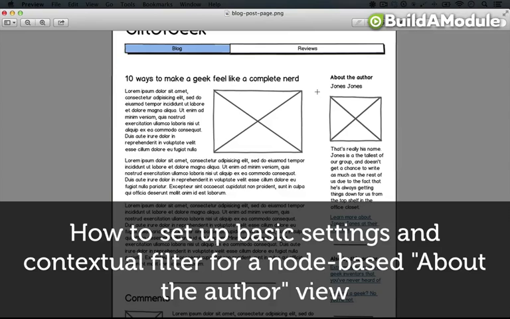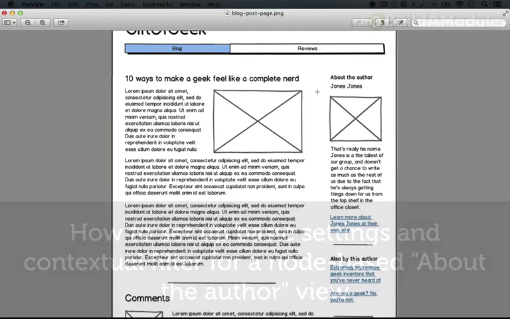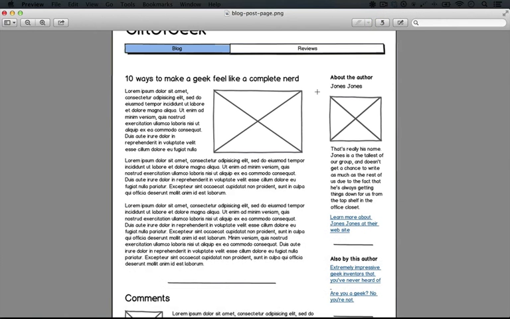Now, like we did before when we built out our product display block, we're going to base this view on two different types of entities, so you can see how to build it out both ways. The first time, we're going to base it on the blog entry node type, and the second time, we're going to base it off of users. Like I just mentioned, I think the most sustainable approach is going to be to base it off of users, but we'll go through both because it's possible that you could run into each as you work on other sites